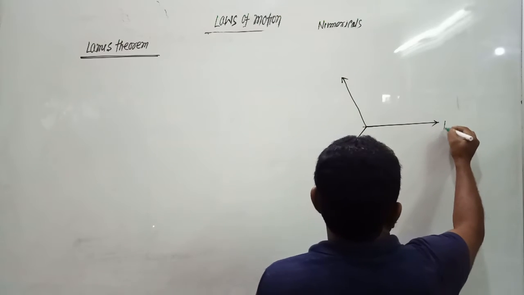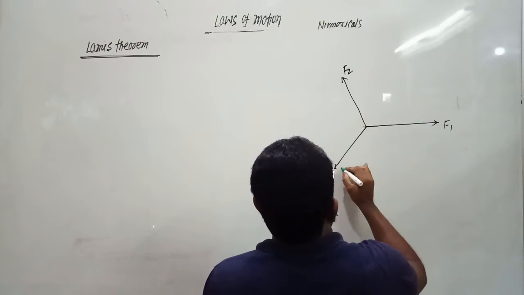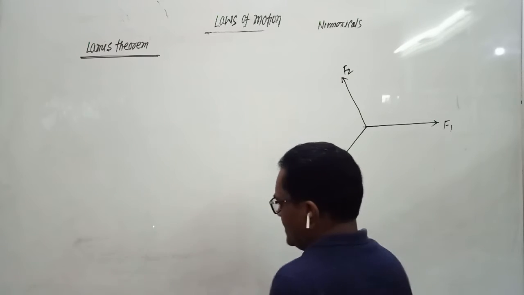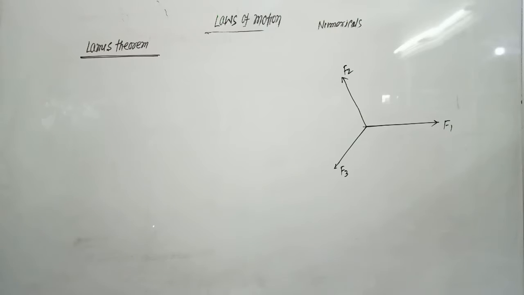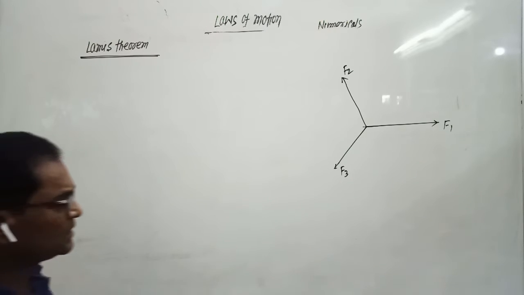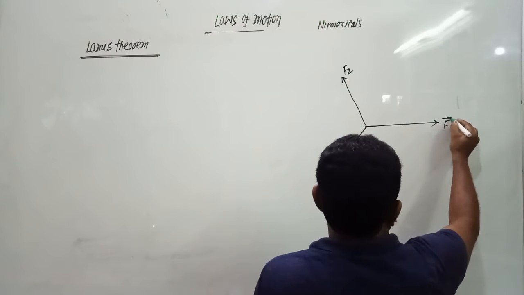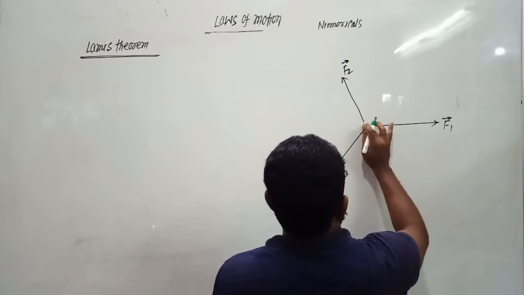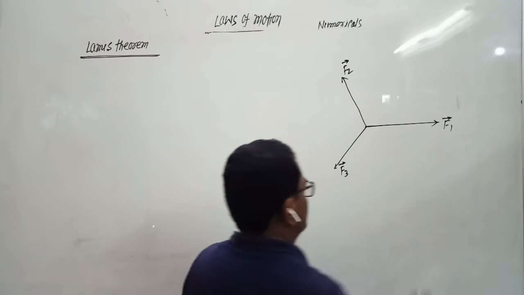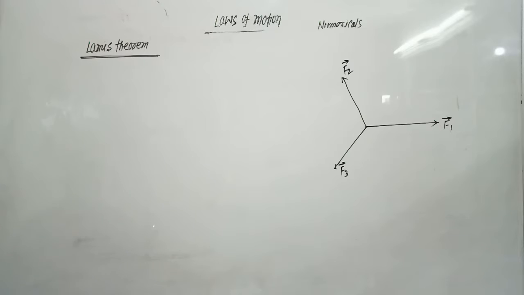There are three concurrent forces F1, F2 and F3. F1 vector, F2 vector and F3 vector. These are three concurrent forces because all these three forces act at a single point,